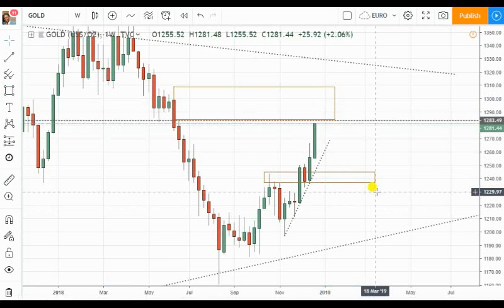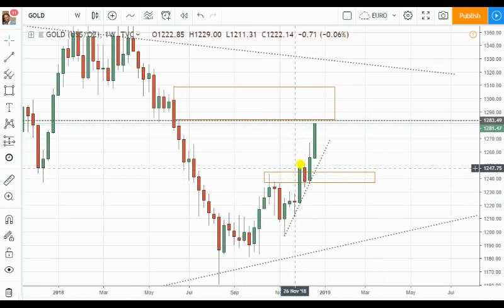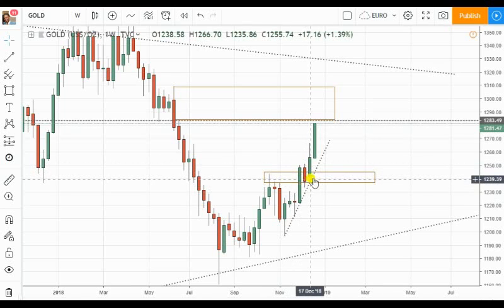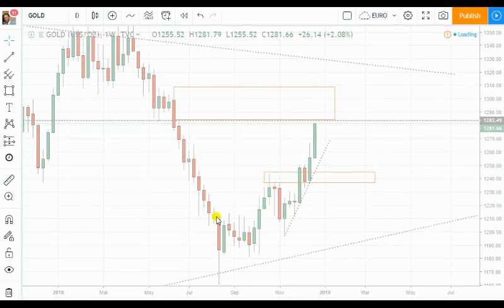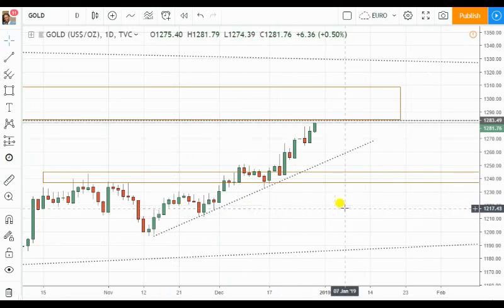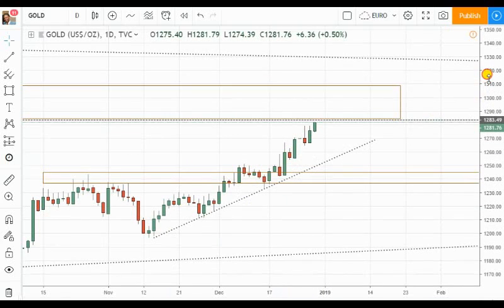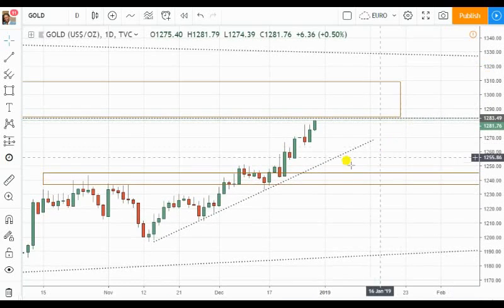And after this level was broken, what we saw is that the price tried to retest it, but because of this trend line, the price was able. This is the weekly outlook that we are keeping an eye on, and exactly what is going on within the price. So on the daily chart, what we're seeing today, right now, in the moment,